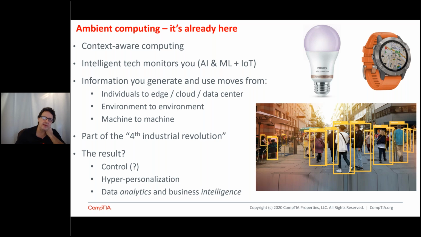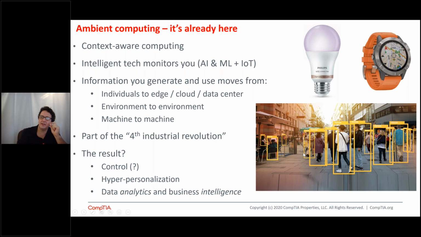So the result could be hyper personalization of information as you go to Starbucks in the morning, or wherever you go in the morning, to the gym. As you go to work, profiles get built up. The reason why this is a big deal is because you're now talking about private information. You're talking about sensitive information. We need cybersecurity workers who can secure that. With the fourth industrial revolution, I'll explain that shortly.